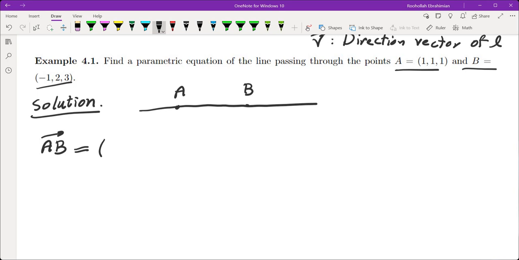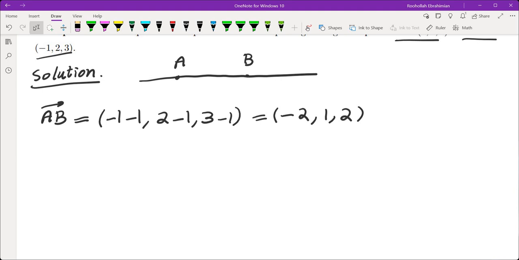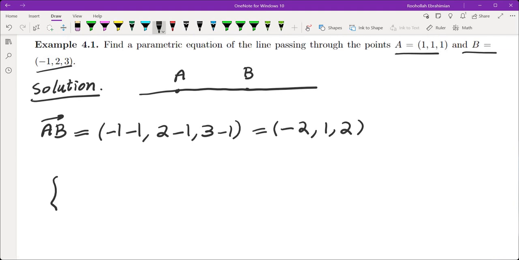So the vector AB would be terminal minus initial, so -1, 2 minus 1, and then 3 minus 1. So that would be -2, 1, 2. That's the vector parallel to the line. So then what's the parametric equation? It would be x equals, y equals, and z equals. What we do is we write down the point. We could take point A or point B. It doesn't really matter. We could take 1